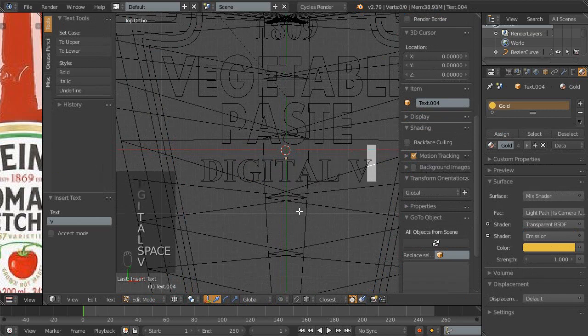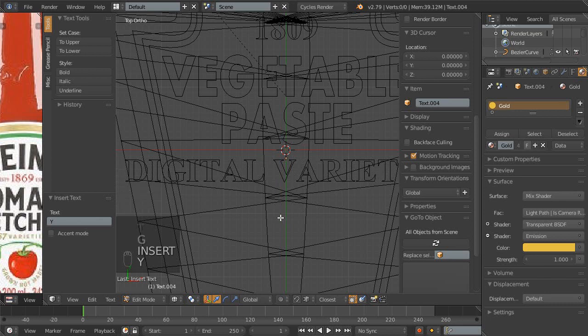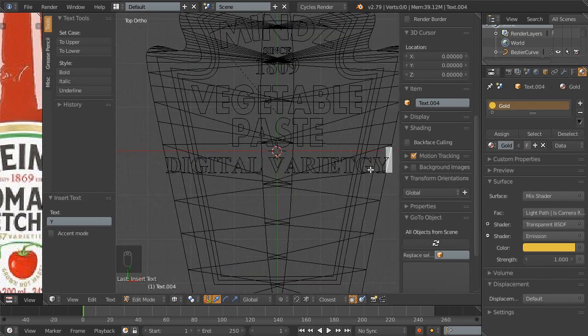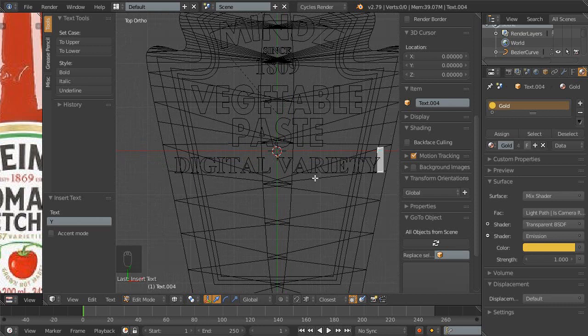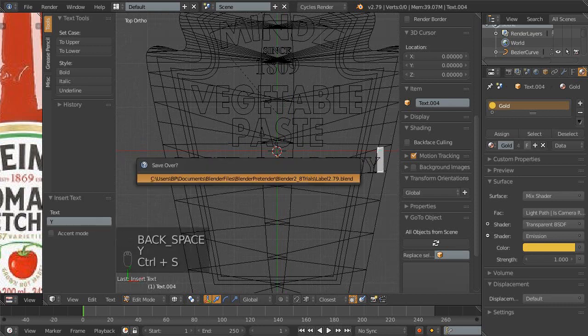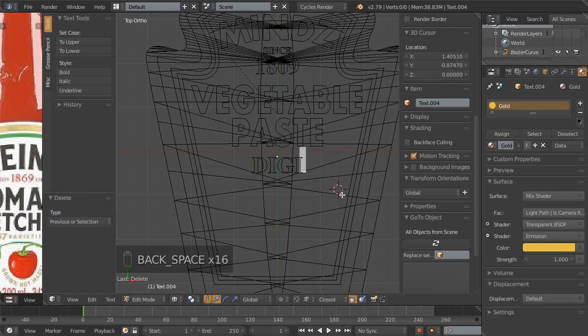Digital variety. No, I'm not going to call it digital variety. I'm going to call it, well, I'm going to say variety, but I'm going to call it N. That needs to be a small n. Nth